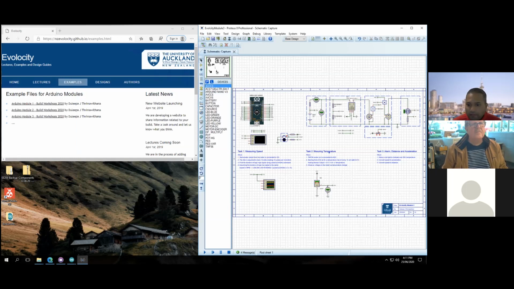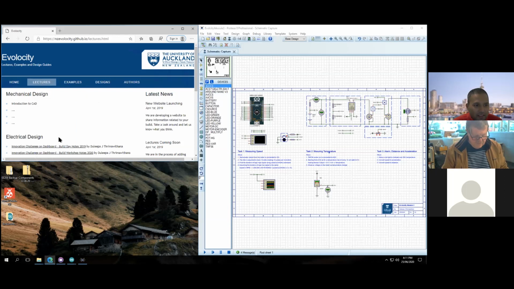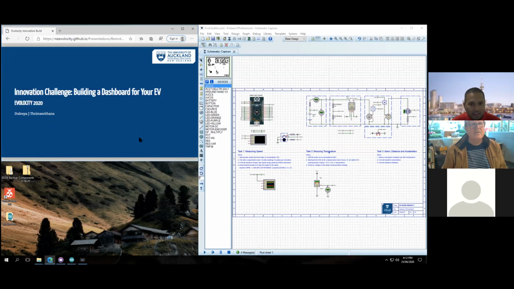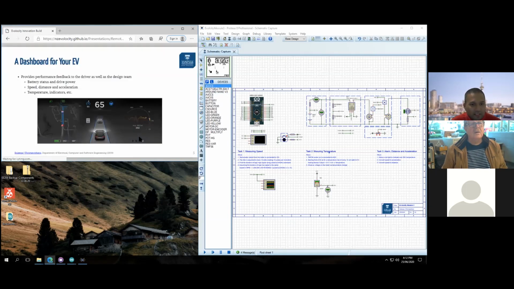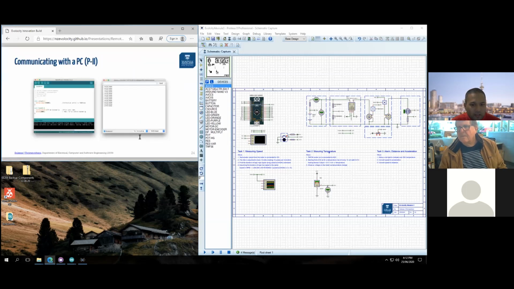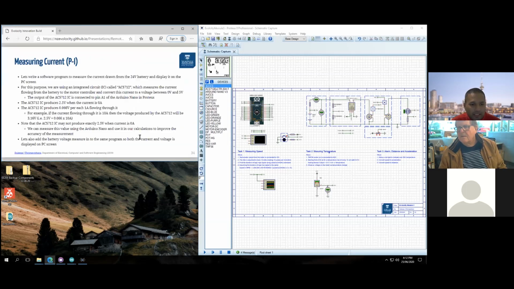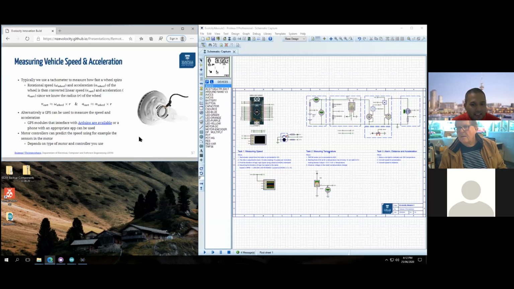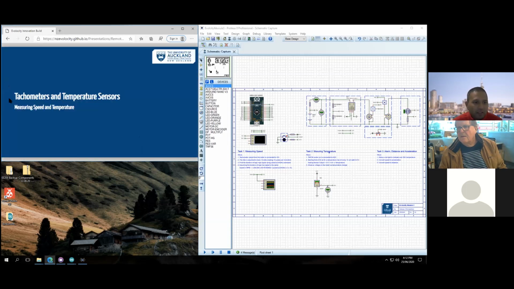Are we all good? So next we're going to go to the lectures tab and click on the lecture notes for today so we can look at some of the theory behind what we're going to do today. It has all the lectures for all the modules. If you go to slide 37, we are going to talk about today